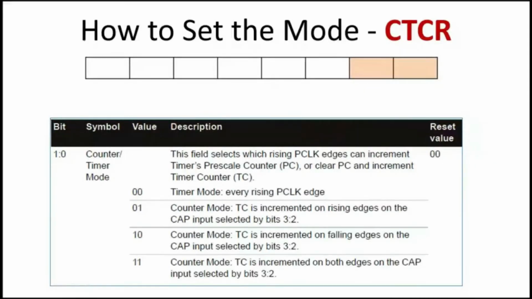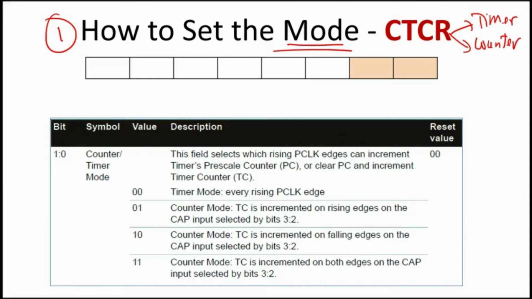Let us start with the count control register. Count control register is used to set the mode of your timer. Whether I am going to use the timer as a timer for timing applications, or whether I am going to use that fellow as an event counter. That is the first thing. So set the mode of the timer. This is something similar to your T mode SFR. Count control register is something similar to your T mode in 8051.